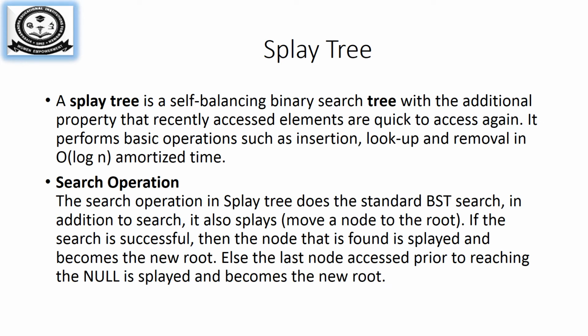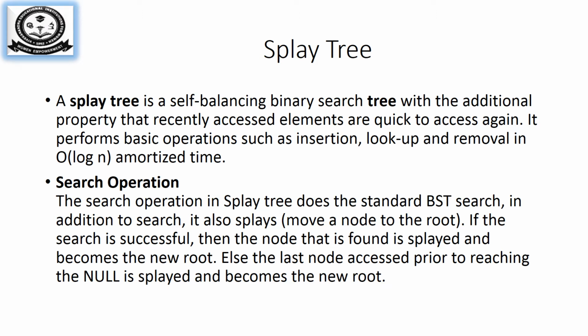The difference between a binary search tree and a splay tree is, if you want to search any element in a binary search tree, the search has to be carried out from the root node, traveling along the path based on the condition. But in the splay tree, if you want to access a particular node, that node will be brought to the root node along with its neighbor nodes. So when that particular node is accessed, the next likely to be accessed node will be available in a single access.